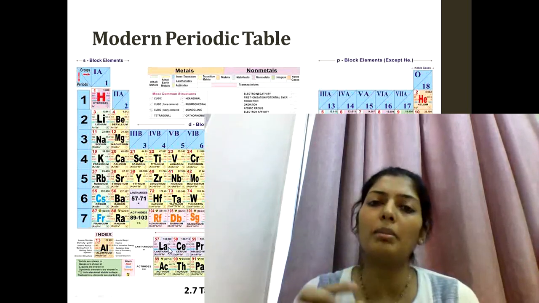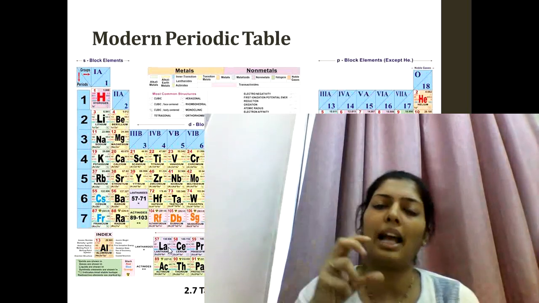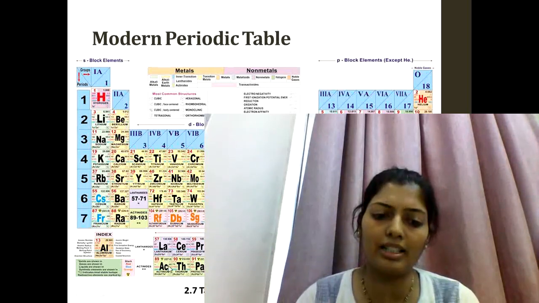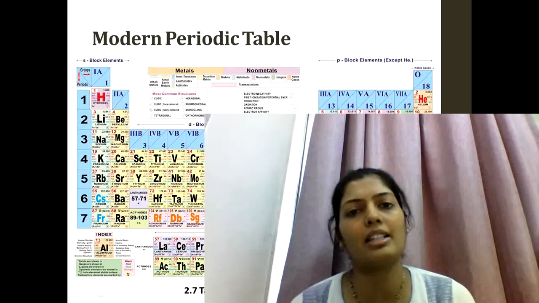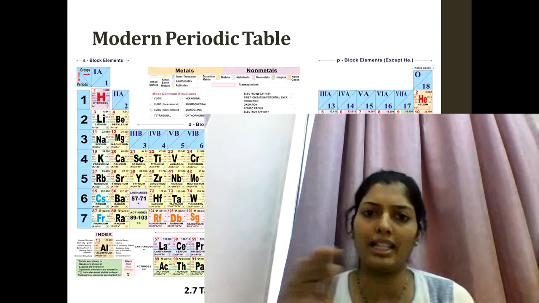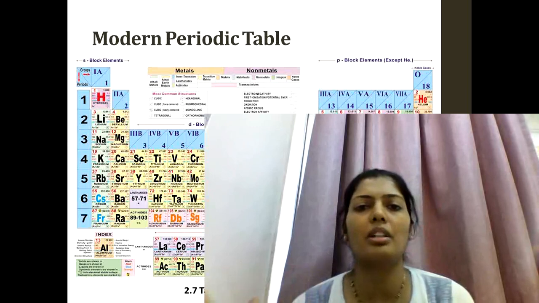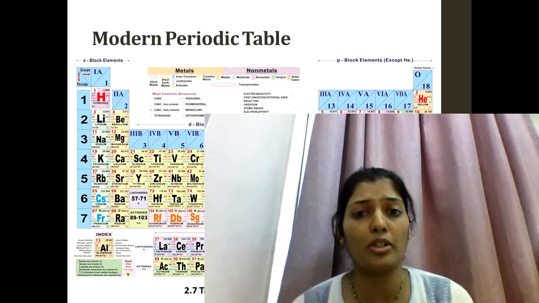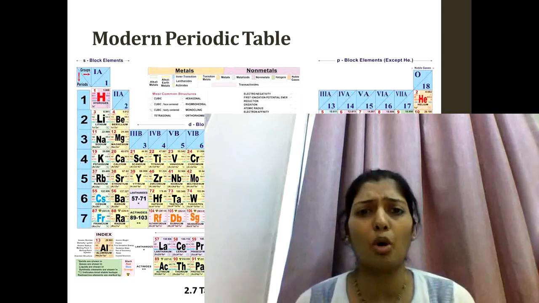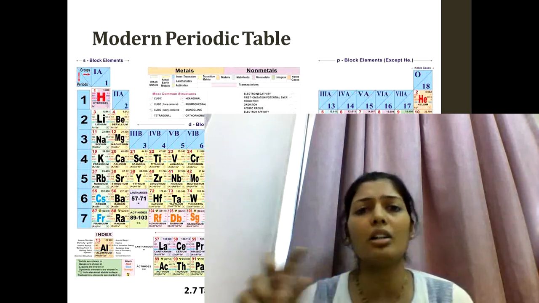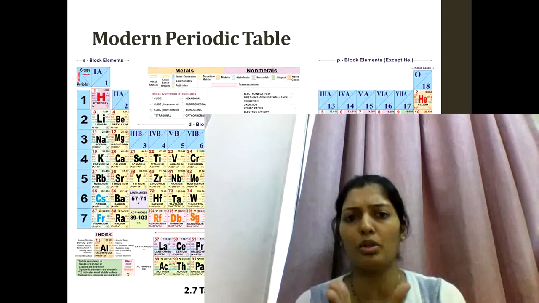Lanthanum के बाद है तो उसकी series start हो रही है, इसके लिए वो बोलते हैं lanthanide series. Actinide series is after the element actinium, so it is called the actinide series. All these elements of the lanthanide series have similar chemical properties, and so do those of the actinide series. Now the question popping up in your mind would be, why are they placed at the bottom of the periodic table and why in a horizontal row? Because elements having the same property should be placed one below another.